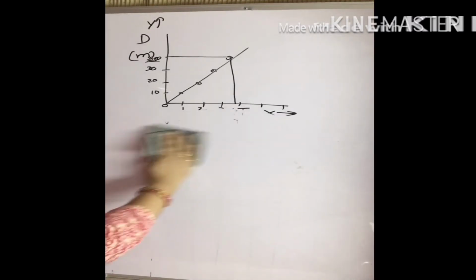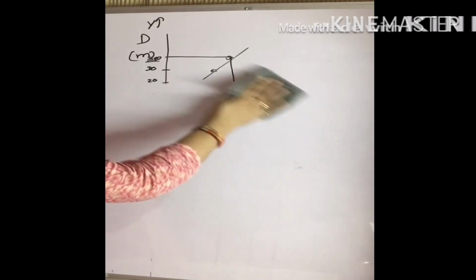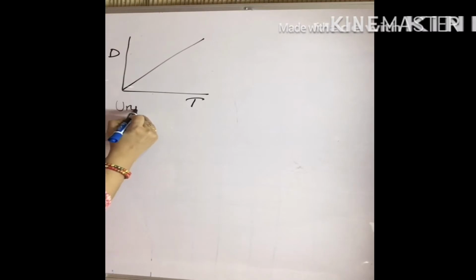So clear now, students? Now onwards, hereafter, I will not use this official type of graph. I will draw the graph only in this way, like this. I will definitely mention what the graph is between. This is the graph between distance and time. The graph is plotted distance against time. Time is always taken on the x-axis. So, what does this type of graph show? This type of graph shows uniform motion. Just now I have explained.